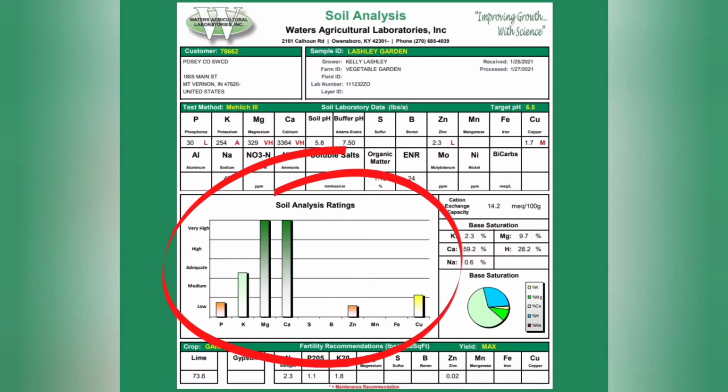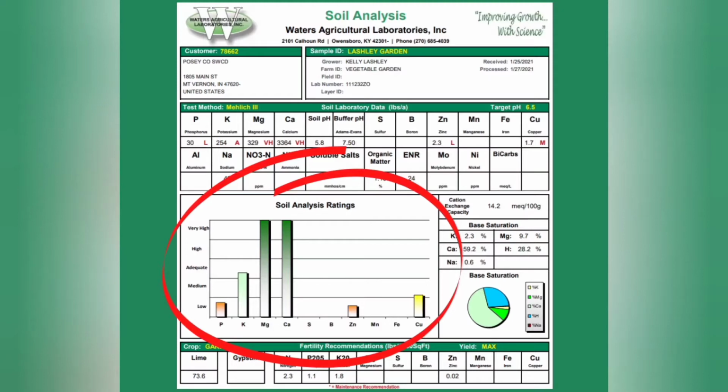And across the bottom of the graph, you will see all of the different chemicals that we have tested for. So we're going to go through each of those chemicals individually. We'll talk about what those levels are and whether they're adequate or low or very high. And then we will also talk a little bit about how to amend those so that your soils will be